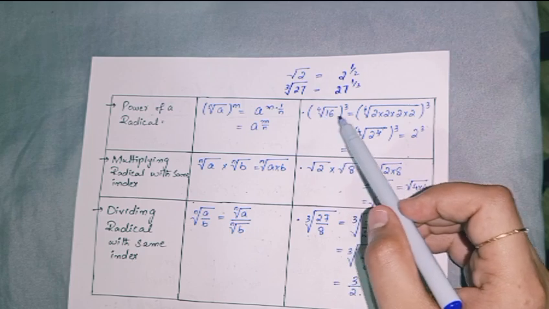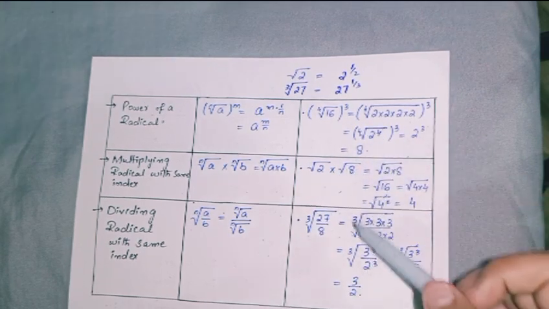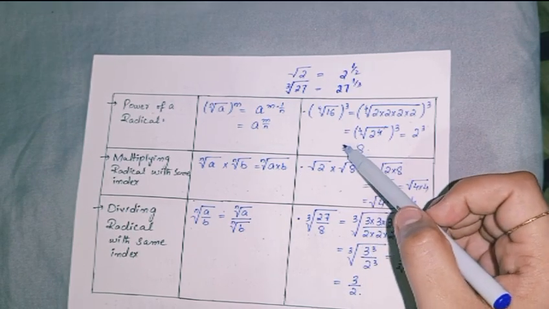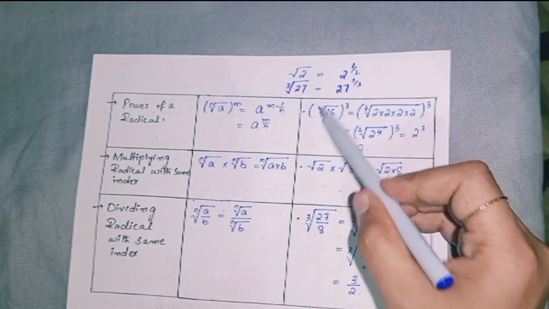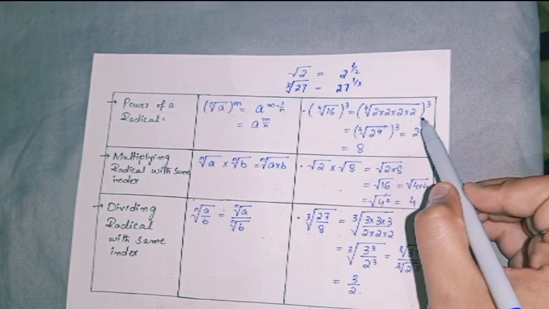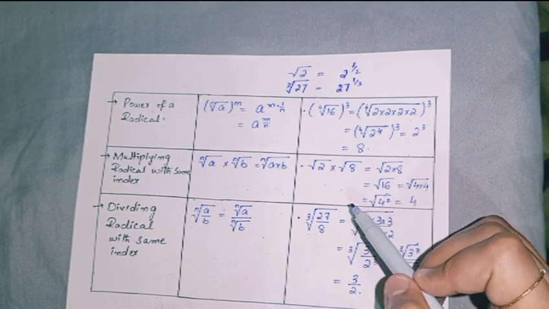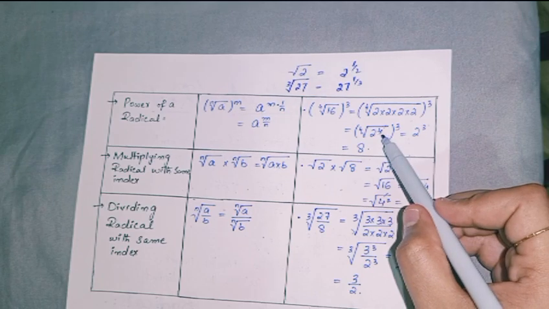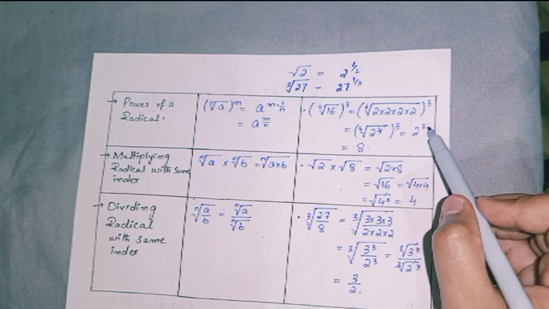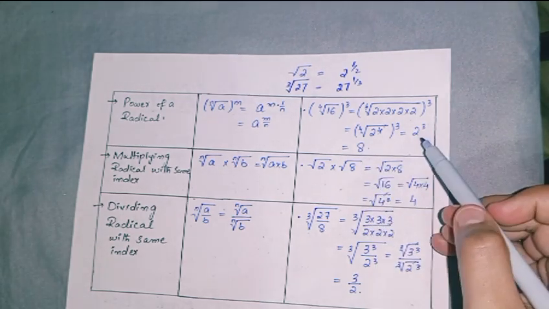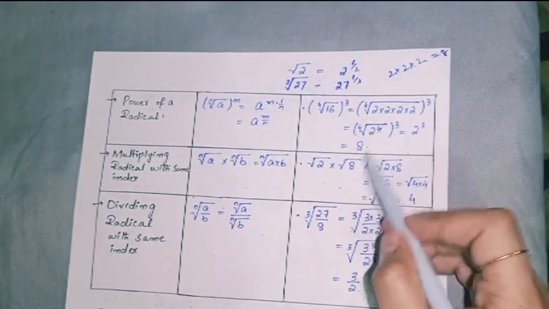It is the 4th root, 16 is the radical, and the whole thing is to the power 3. Now what you are supposed to do is factorize this 16. Why are you factorizing 16 four times? Because you have to simplify it with the 4th root. So now you can see it's 4 times 2, so I'm going to write it as 2 to the power 4, and it already has the whole power of cube. Now 4 is the power and it's a 4th root, so you can simply cancel it out and you will get 2 to the power 3. When you simplify 2 to the power 3, like 2 into 2 into 2, you will get the answer 8. So this is the answer.